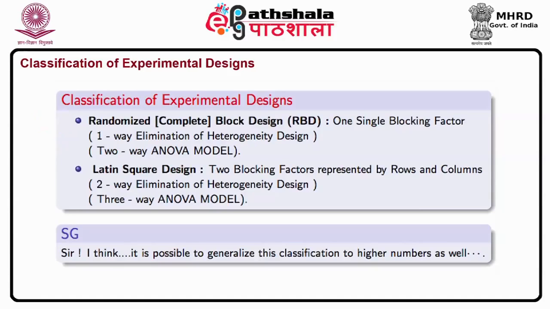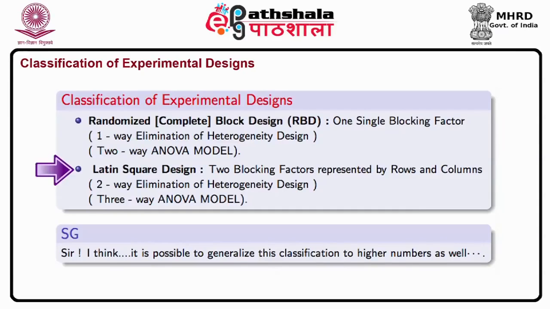Yeah, that's why it is called block design, because there is only one blocking factor, you call it a block design. Then everybody will know that you are talking about blocks. Yes, sir. The blocks are conglomerations of homogeneous experimental units. Between two blocks there is a difference because the fertility gradient here is an inherent property of this block and the fertility gradient there is an inherent property of the other block. And the two blocks are different, therefore their effects are different. So that's why the blocking factor is coming in. That's why it's called one-way elimination of heterogeneity. Okay, sir. And the next one is Latin square design.